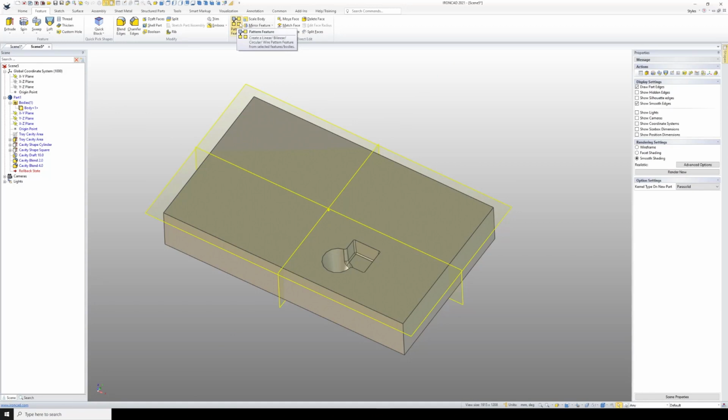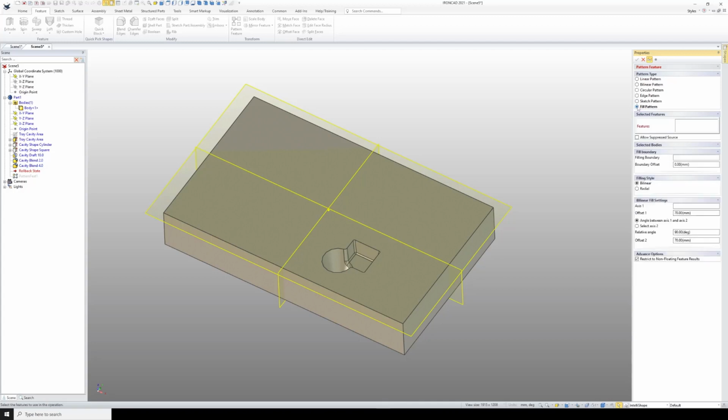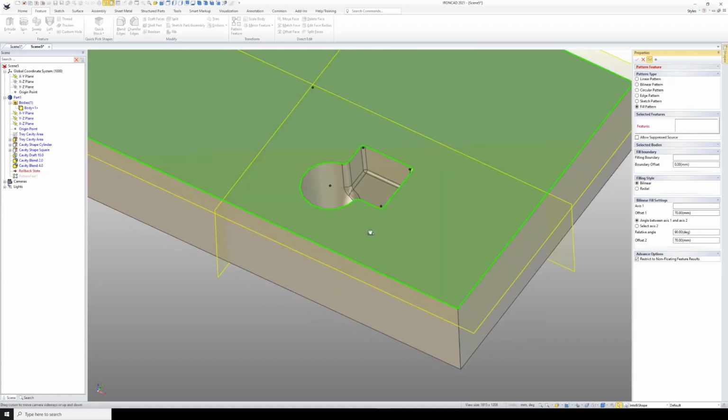Up in our ribbon features, select this here, and there are lots of different types of patterns that we can apply: linear, bilinear, circular, edge, sketch patterns, and they're all useful for different applications, but we're going to use this fill pattern. And the first thing is it's asking for what are the features. Now I could select these other things first, but we'll go with the features. And so I'm going to select